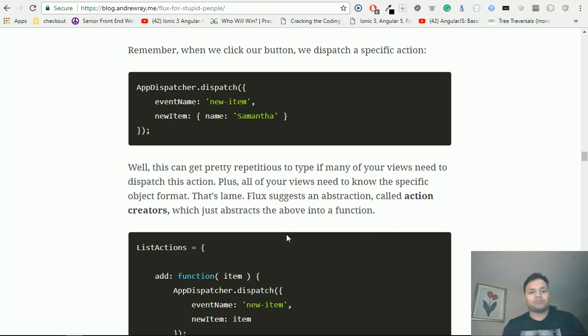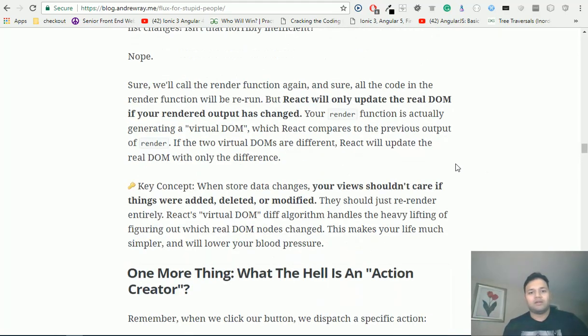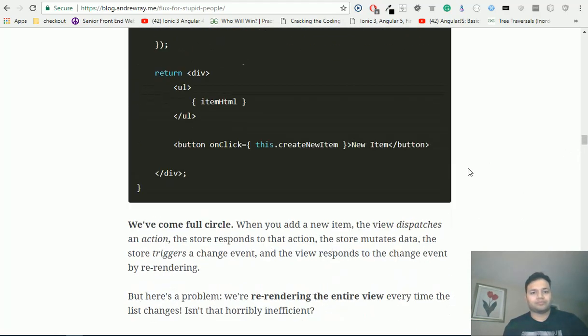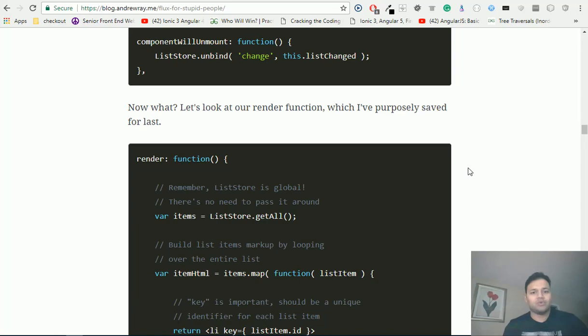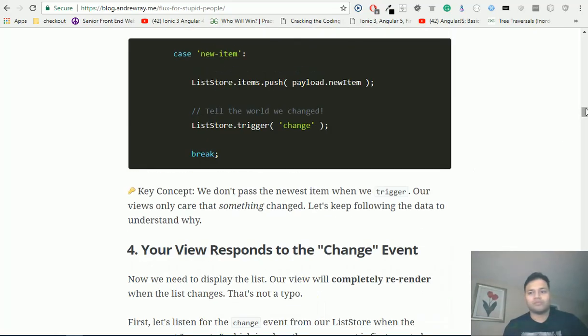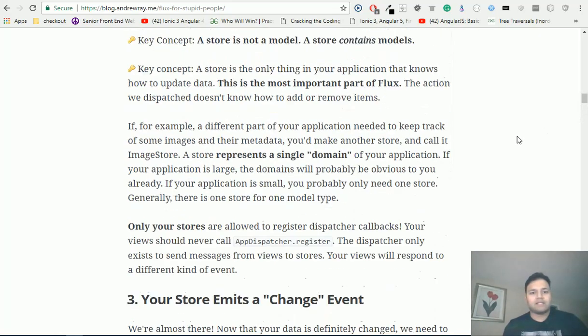So basically, we're not going to keep rewriting the action JSON individually for each action, right? That would be painful. So that's why we have an action creator. So like in this case, the name is Samantha. And so let's go back to looking at, let's say,